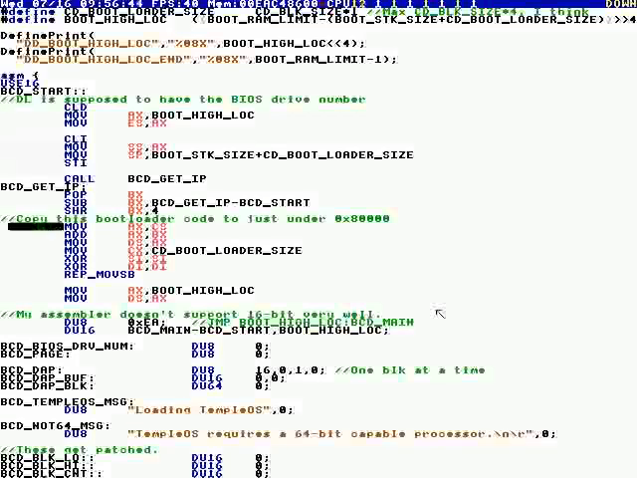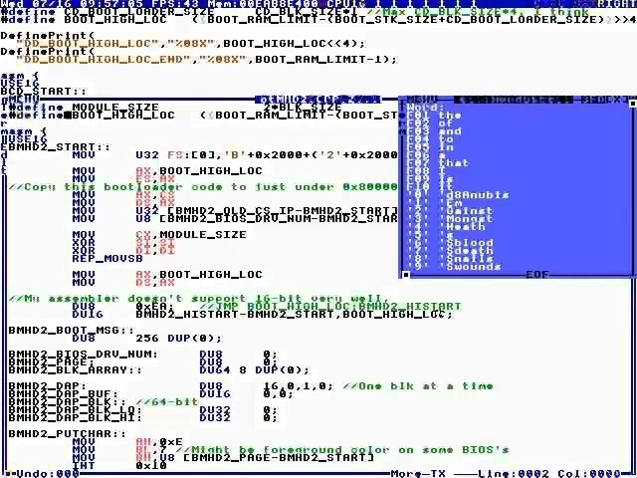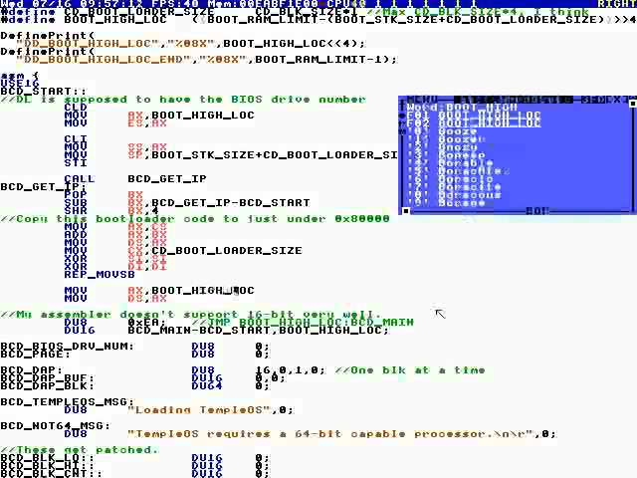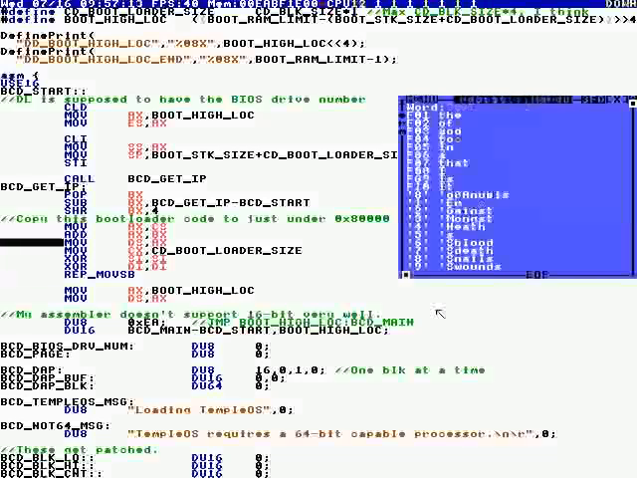Mine copies itself. Mine identifies where it is. It calculates where it currently is, and it copies itself up to a location. Mine copies itself out of the way. Boot high location: mine is up in the 90,000s. Okay, so my bootloader copies itself out of the way and